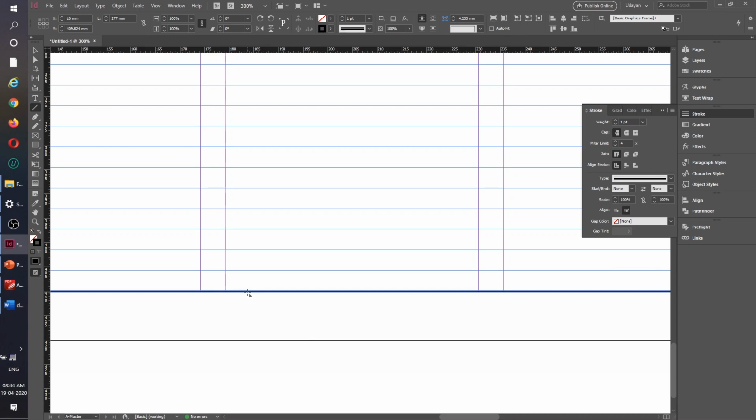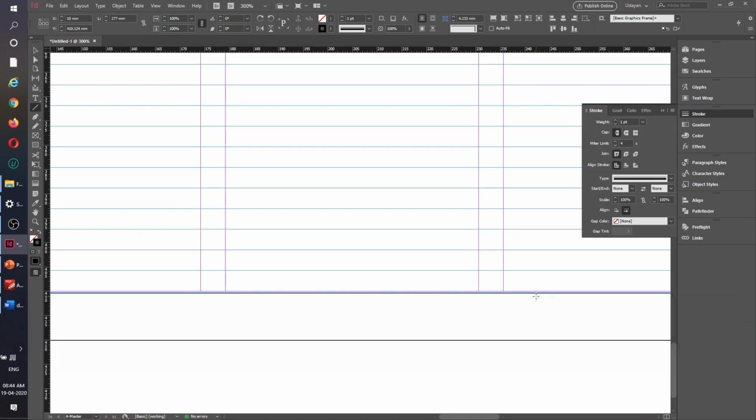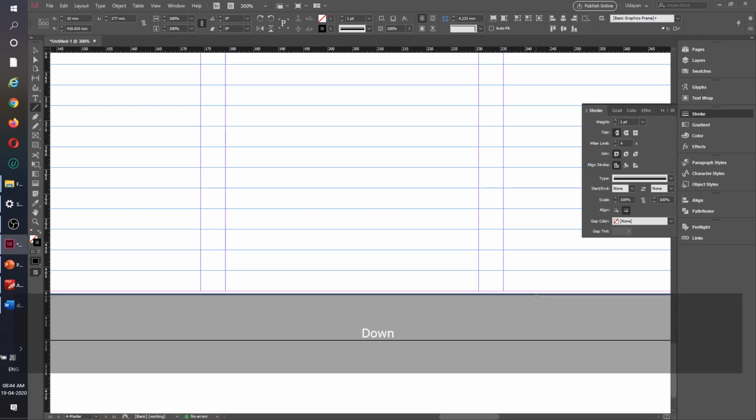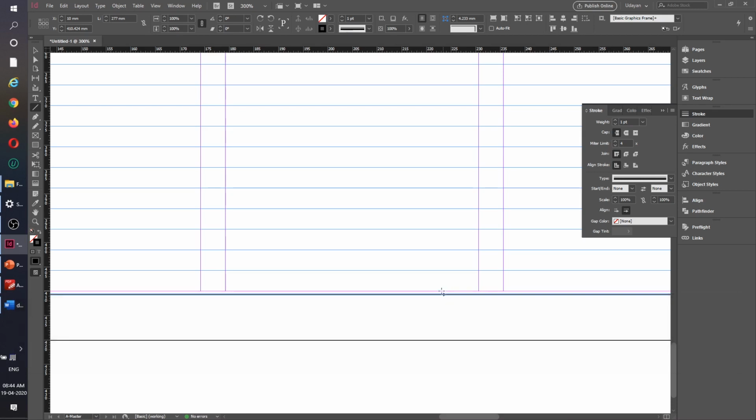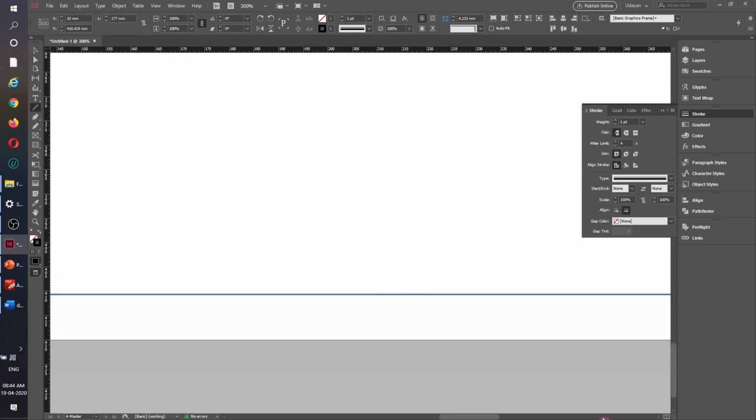Only thing, I will push it down from the margin line, maybe by 1 millimeter. So I will push it 3 times, 1, 2, and 3. Okay, so that's a millimeter. Let's make 1 more millimeter, 1, 2, 3, and that should be fine. So I can see my nice border line plus this thin line which will be marking the end of the page. We can always press W to see how it is going to work, and it looks good enough.